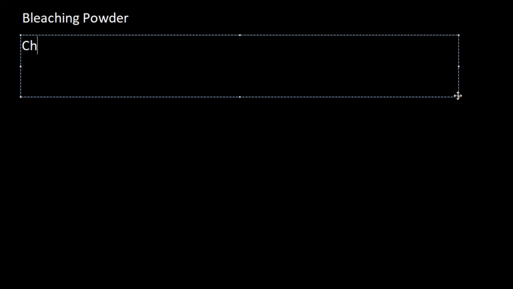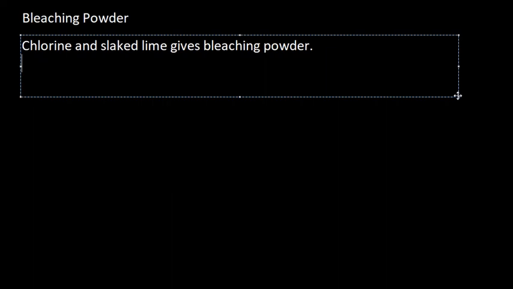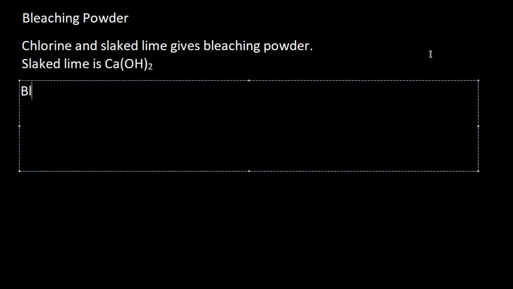So chlorine and slaked lime gives bleaching powder. Perhaps you remember what slaked lime is. Slaked lime is calcium hydroxide. Bleaching powder can be represented by the formula